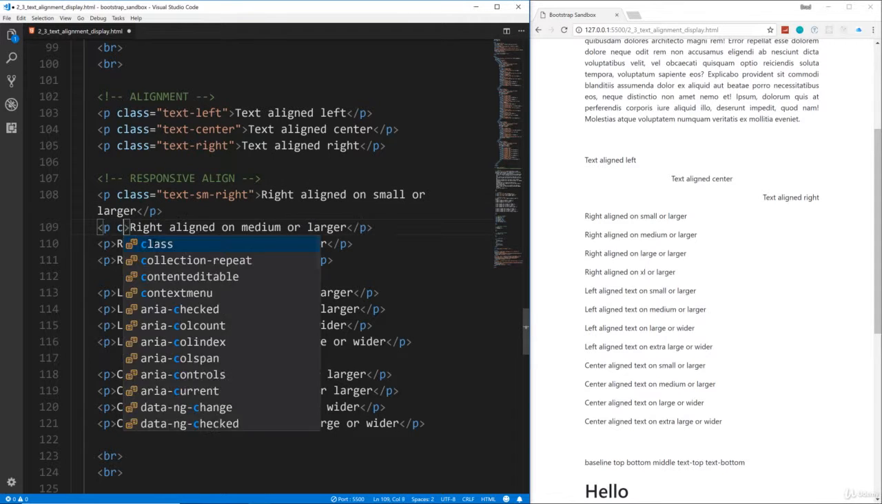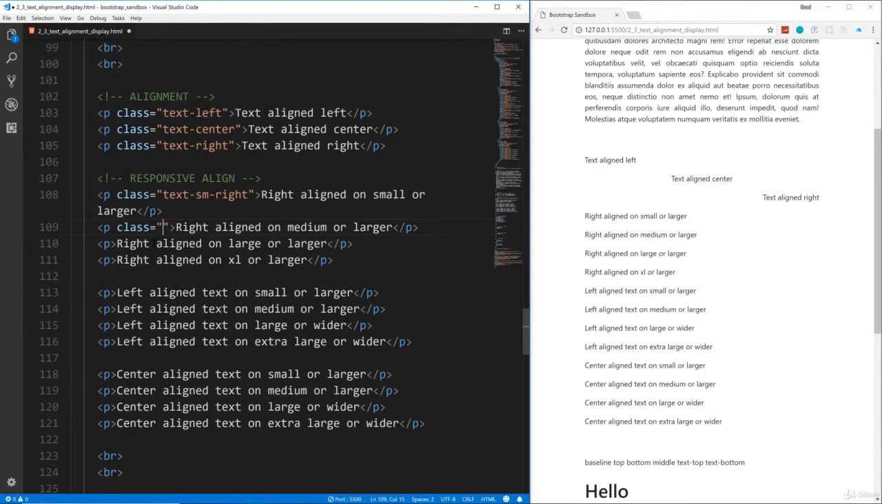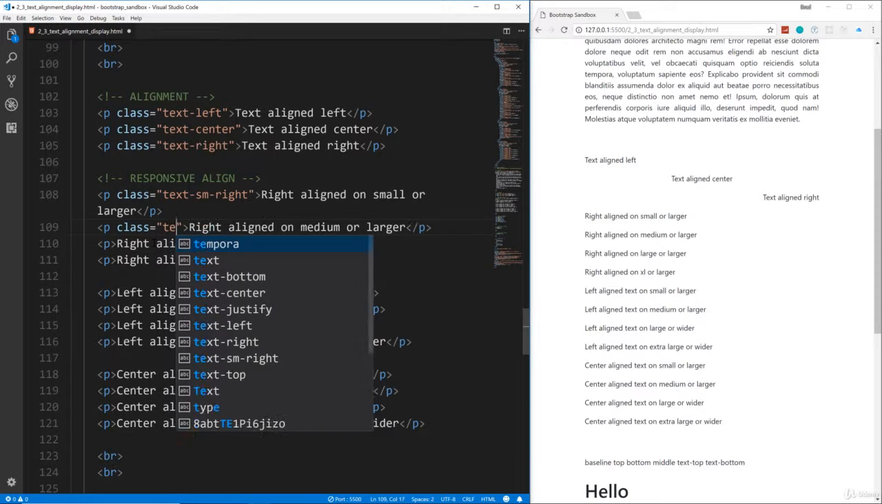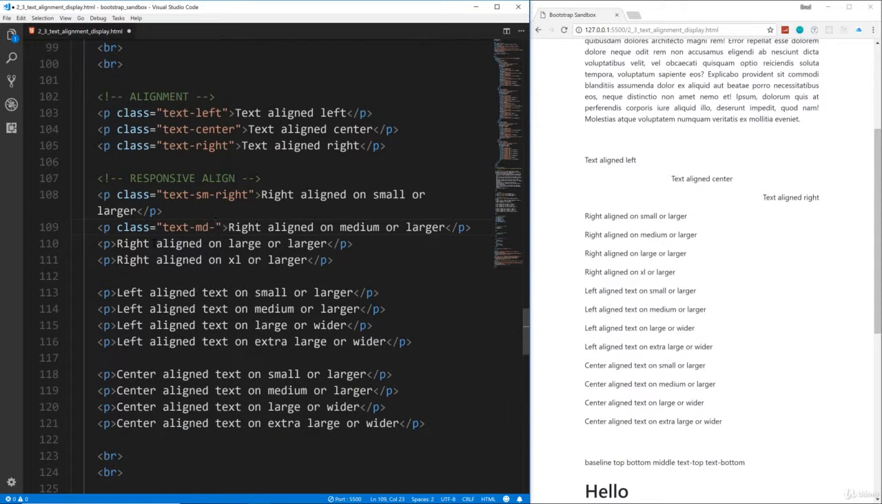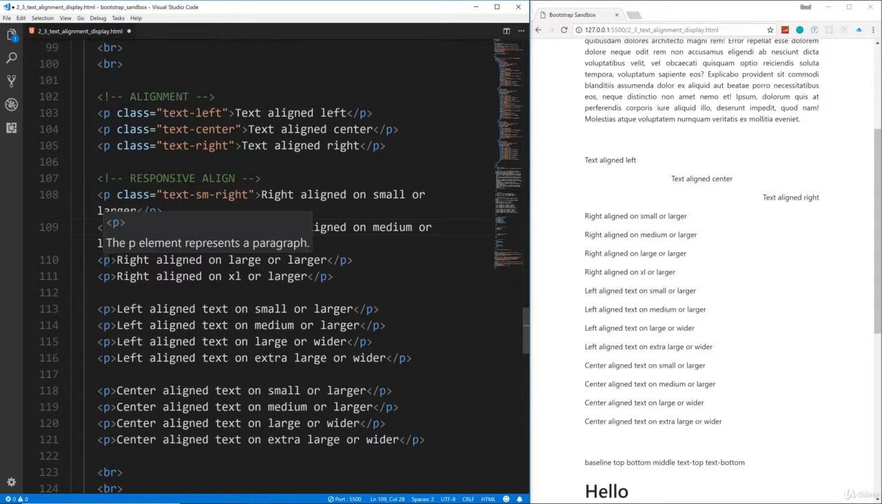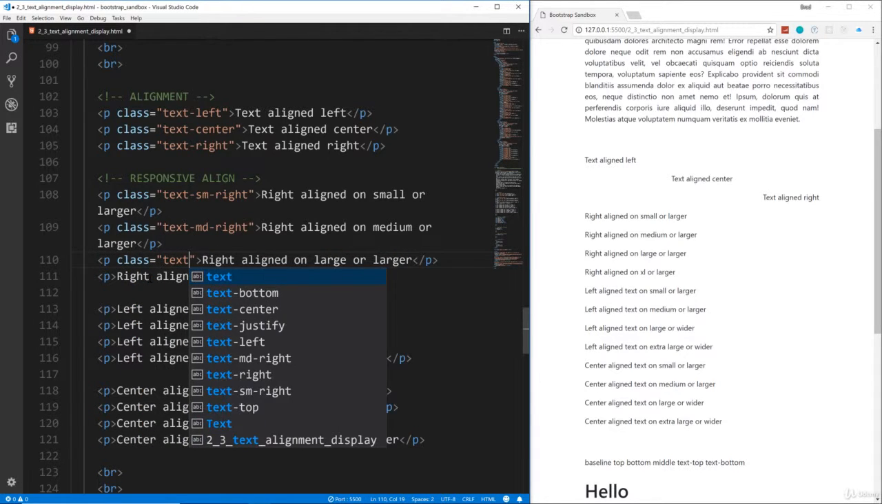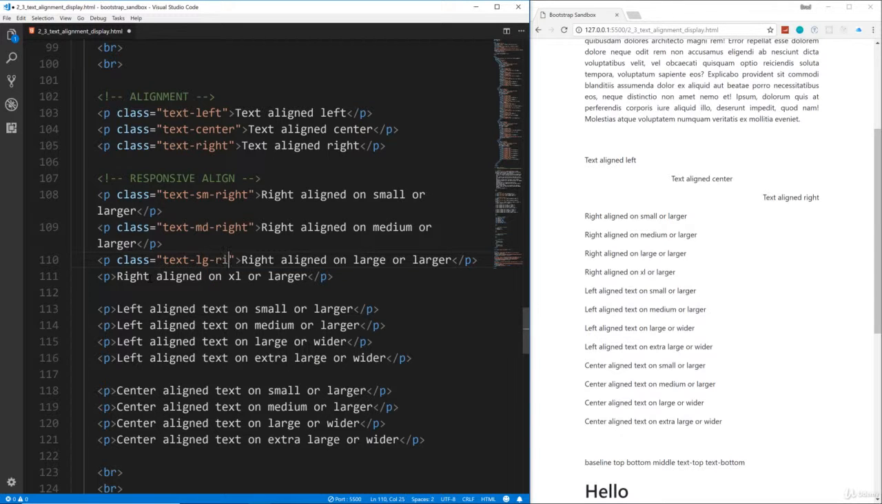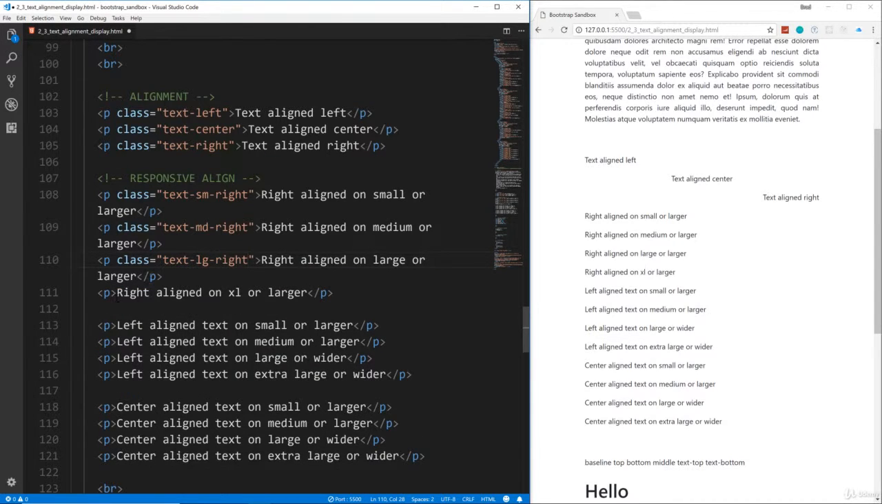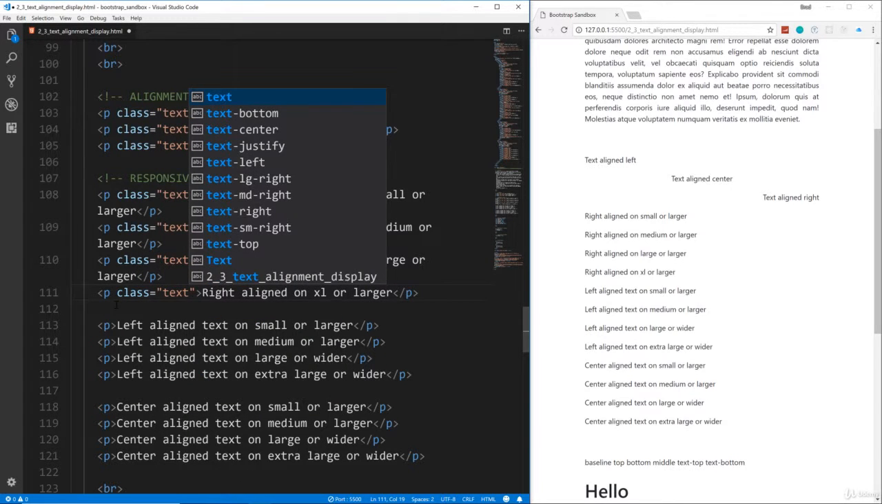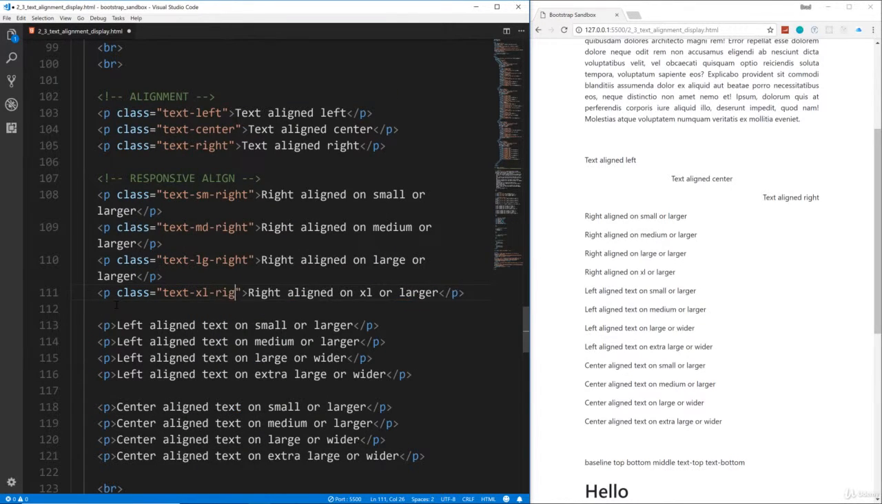Okay, so for this one here, let's make this right aligned on medium screens and larger. So we'd say text-md-right, and then here we'll do large screens or larger. So text-lg-right, and then here for extra large screens, text-xl-right. All right, so now if we take a look here, right aligned on small or larger is working because